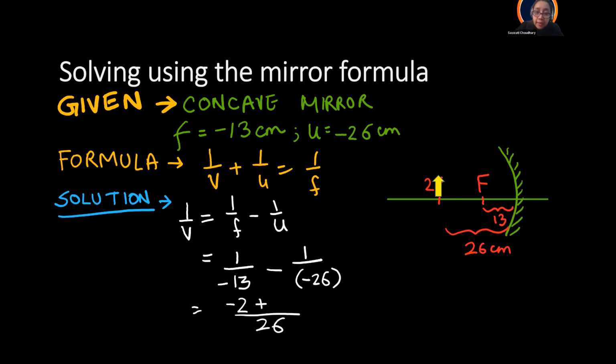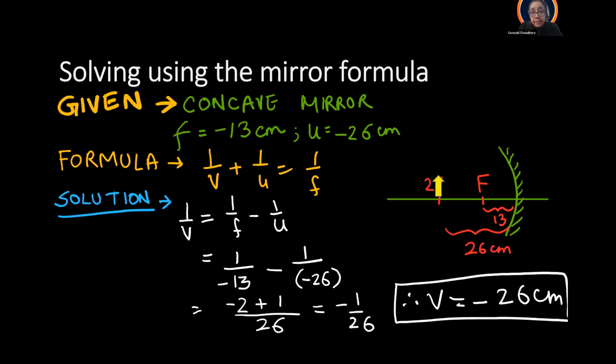So the LCM becomes 26, and you get minus 2 plus 1, which becomes minus 1 upon 26. That is the value of 1 by V. That means V will be equal to minus 26 centimeter. So what does the minus sign indicate? That it is